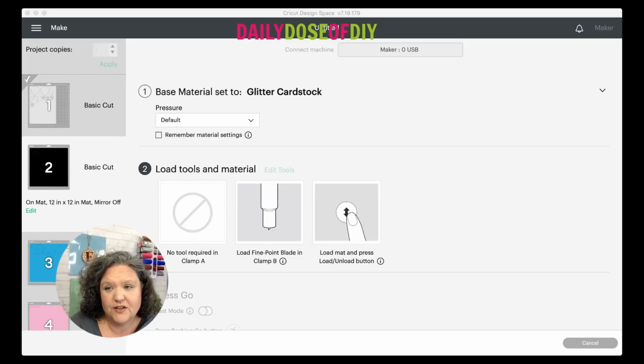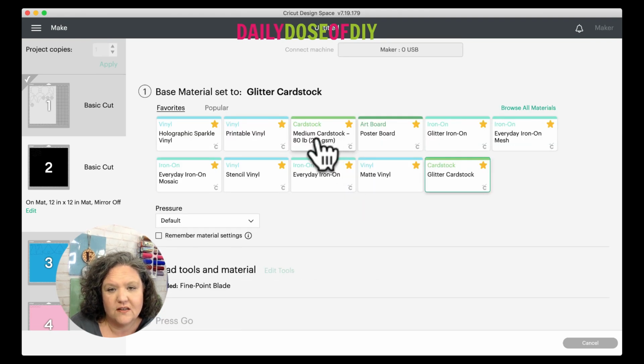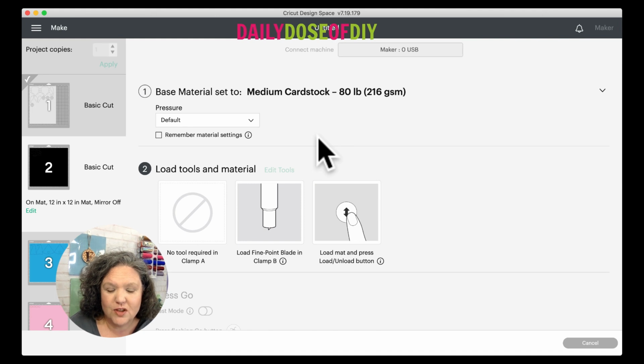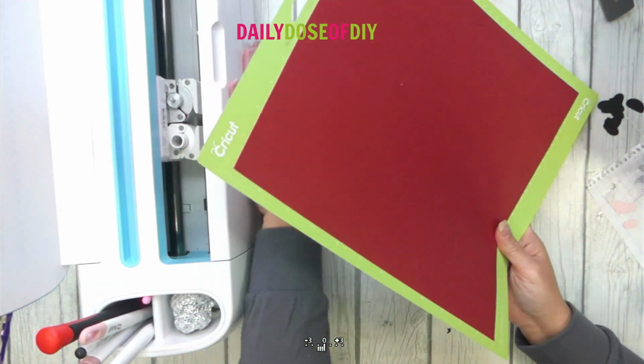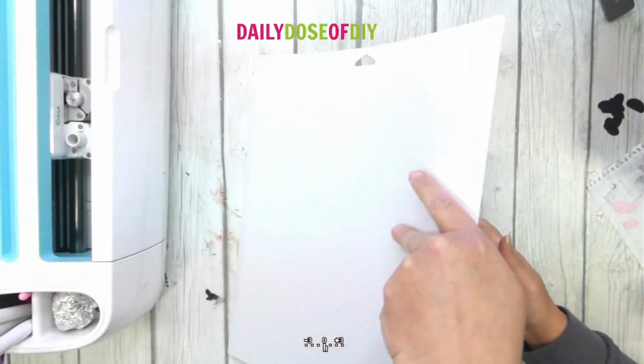After you've cut your glitter, you can easily switch back to normal cardstock by clicking this little down arrow over here and choosing cardstock, or if you have an Explorer, just go ahead and turn your dial to cardstock and cut your next mat. Okay, the final mat has finished cutting, so I am just going to flip my mat